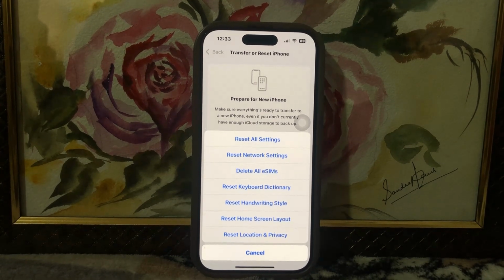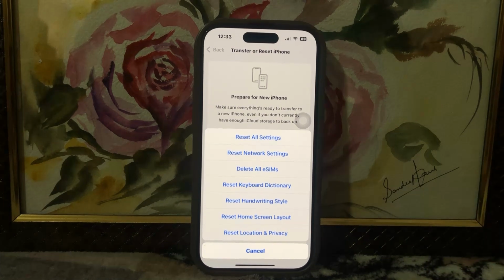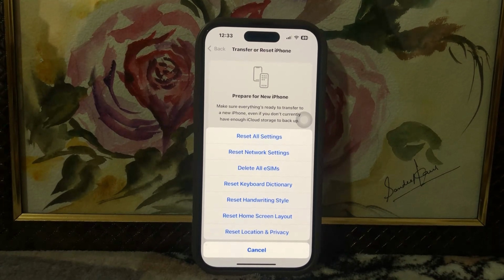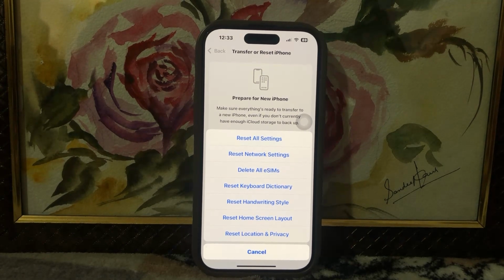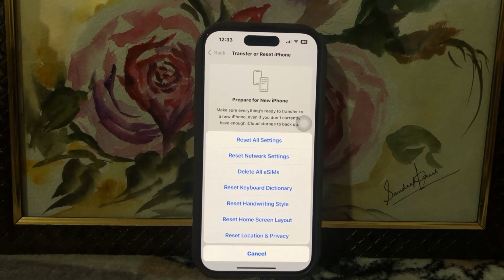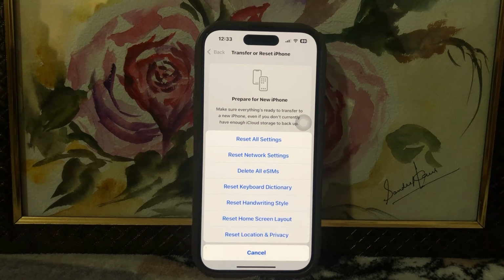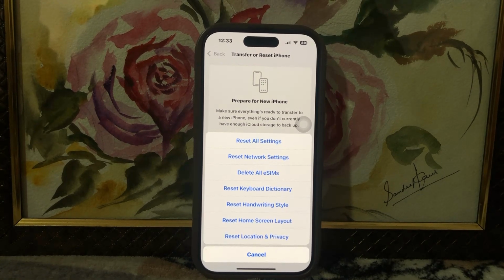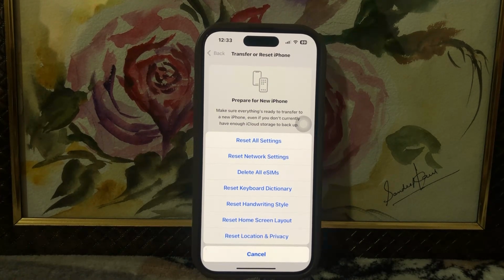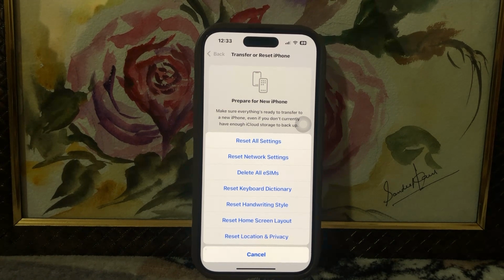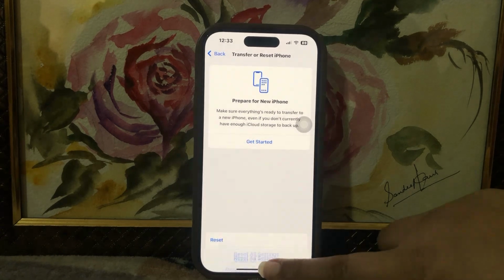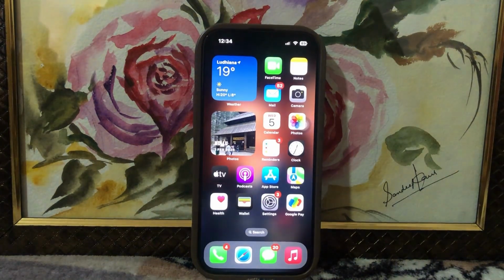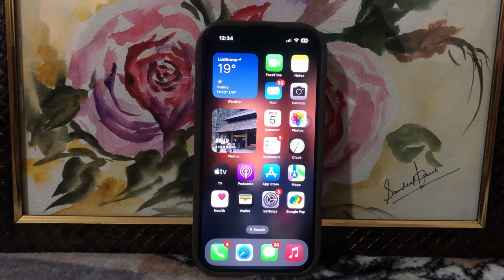Otherwise, you can also click on reset all settings. It will give a quick reset to your iPhone. Don't worry, your data will be safe. Your data, your contacts and everything will be safe in your iPhone, but the settings you have changed will go back to default settings and you have to do all those again. So this is how you can very easily resolve your problem by following these 4 fixes or 4 to 5 fixes, which will